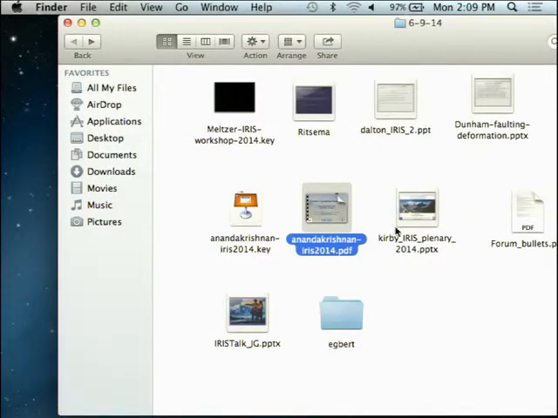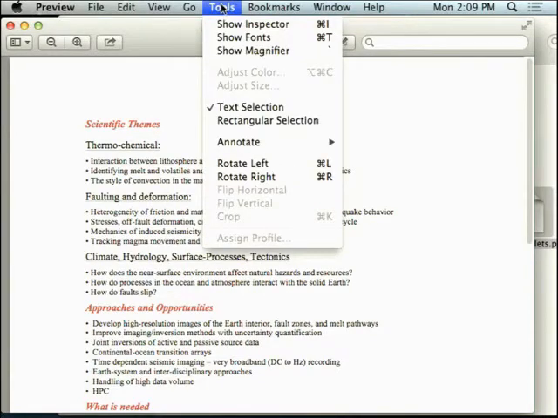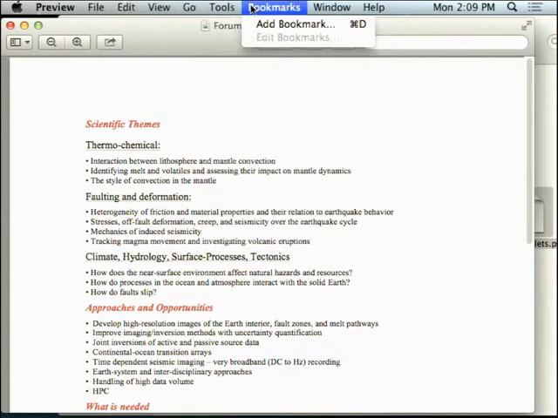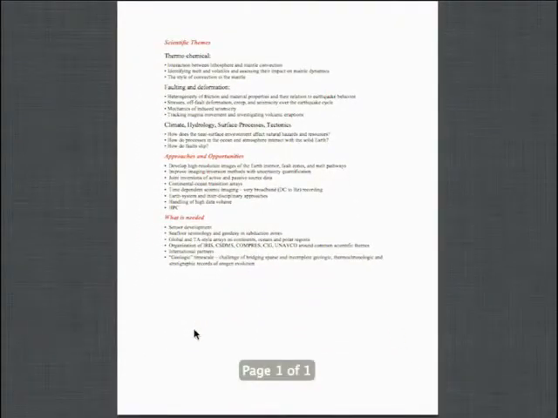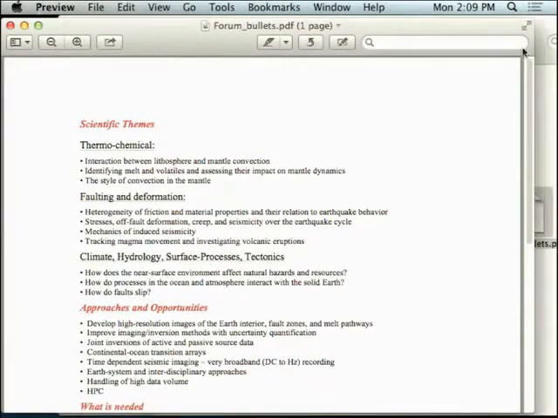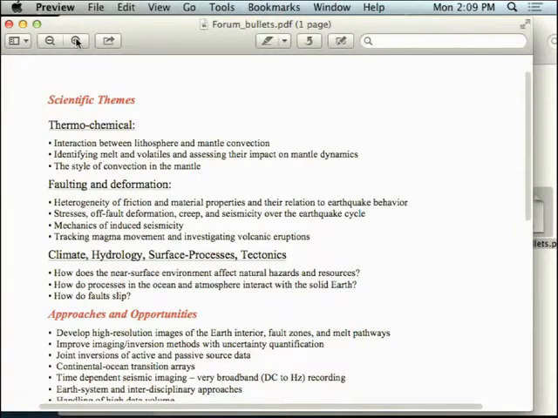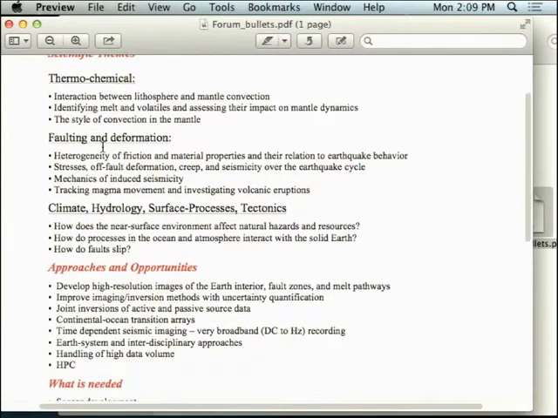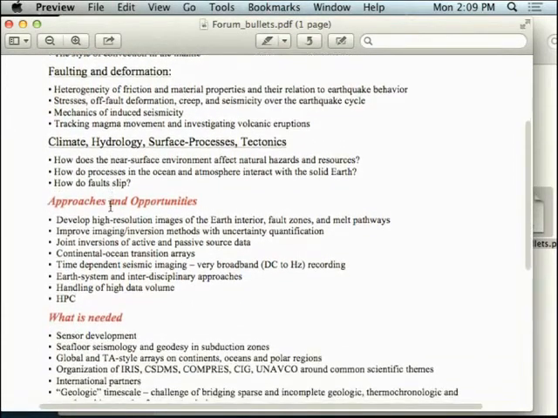Let's see if I find it. Is this one here, Jeroen? Okay, so this is actually going to be really tiny, but this is not going to work. So let's do this, and I'm going to try to slide it. Okay, so, well, we're going to move from the scientific themes to what is needed, and it's going to be up pretty much the entire time we're going to have this discussion,